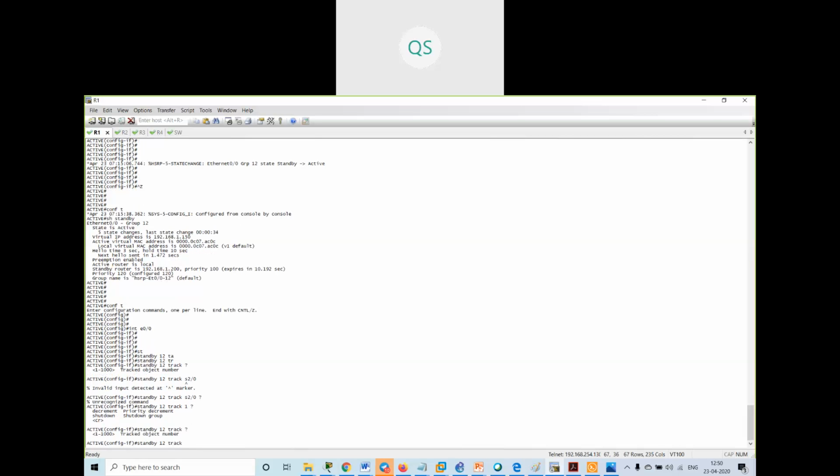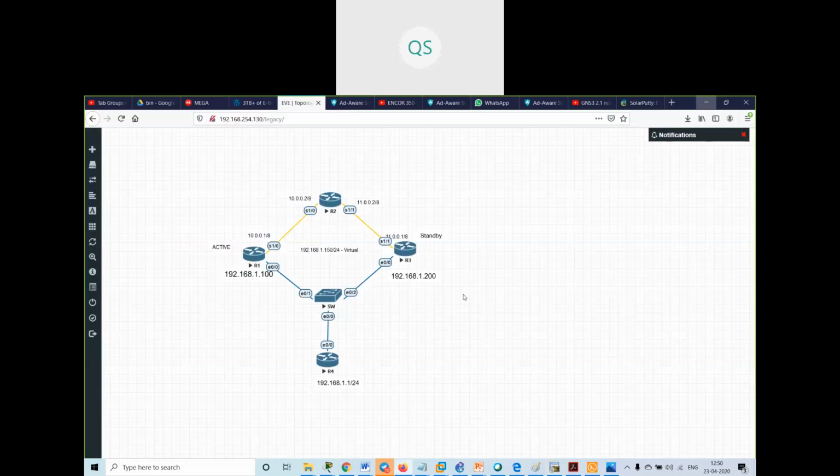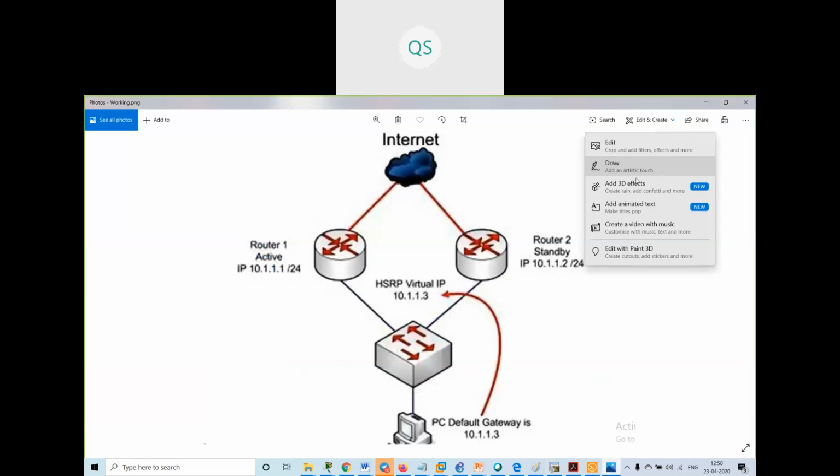Okay. The command is here: I have to give the interface number serial 2/0, and here I have to give the decrement value. Now, how will it come to know that this interface has gone down?